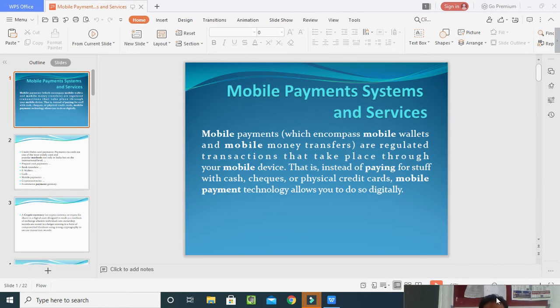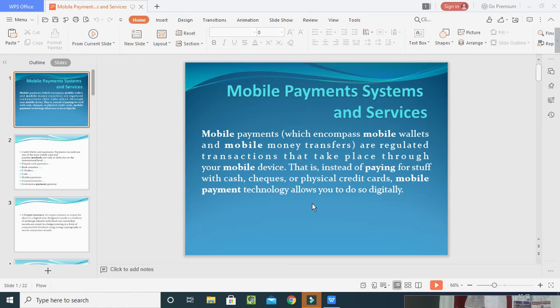Here, I want to give a small introduction. What does mobile payments mean? It encompasses mobile wallets and mobile money transfers, regulated transactions that take place through your mobile device. That is, instead of paying for stuff with cash, check, or any physical credit cards, mobile payments technology allows you